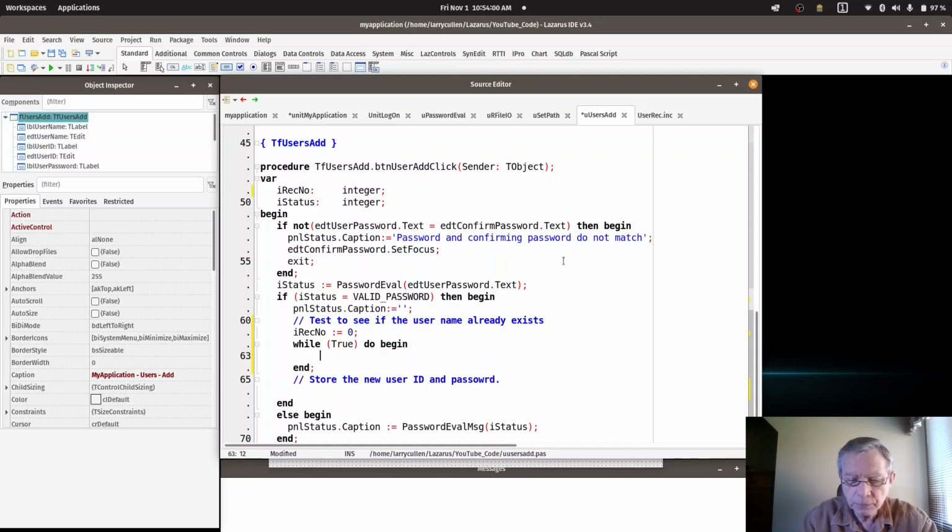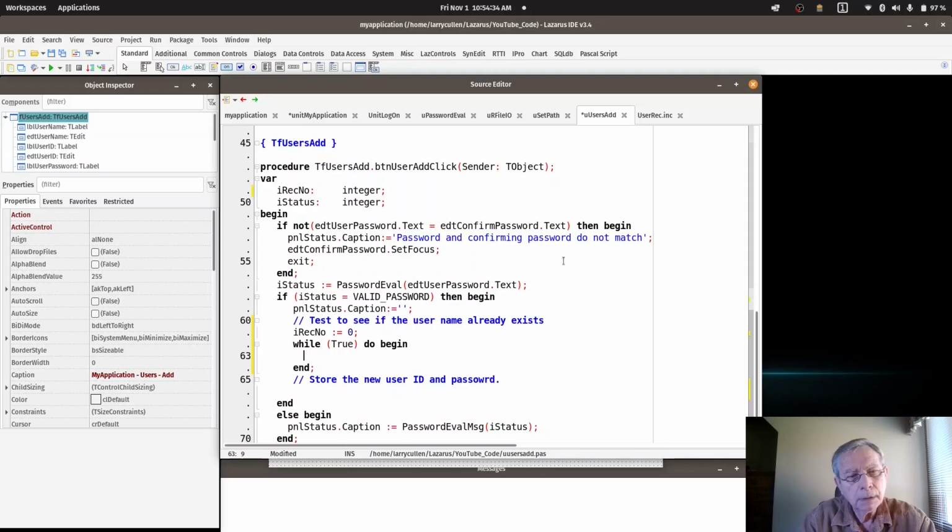And what are we doing? We're going to read for a record, and then if we get a record back, we're going to then check to see if the user ID in the record, not user ID, the user name in the record matches the username that we've entered in this window. So what we need to do here is we need to add a buffer,